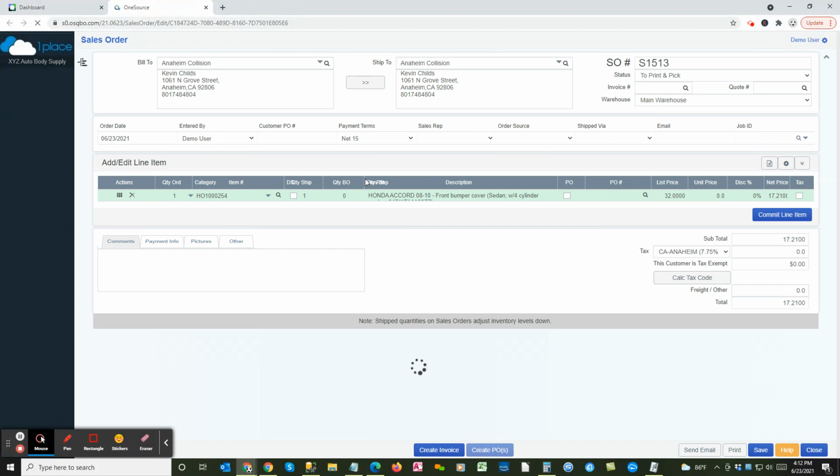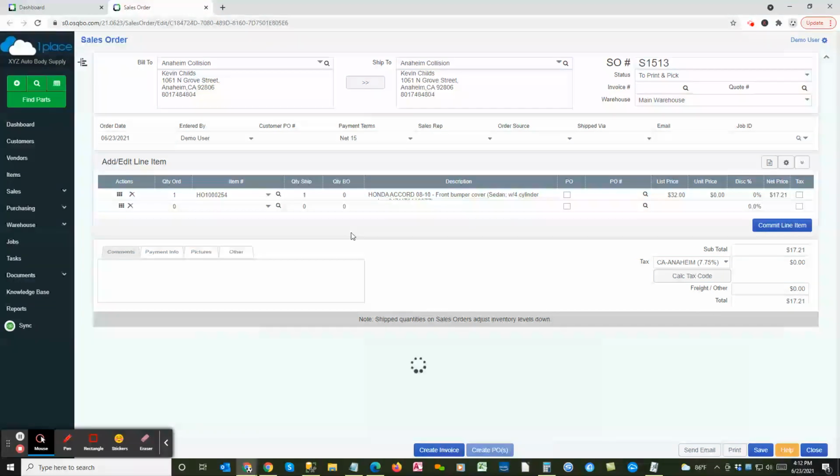So a very common way to create an invoice is to open the sales order, and when you're on the sales order, just click on the Create Invoice button. Now, if you click on that,